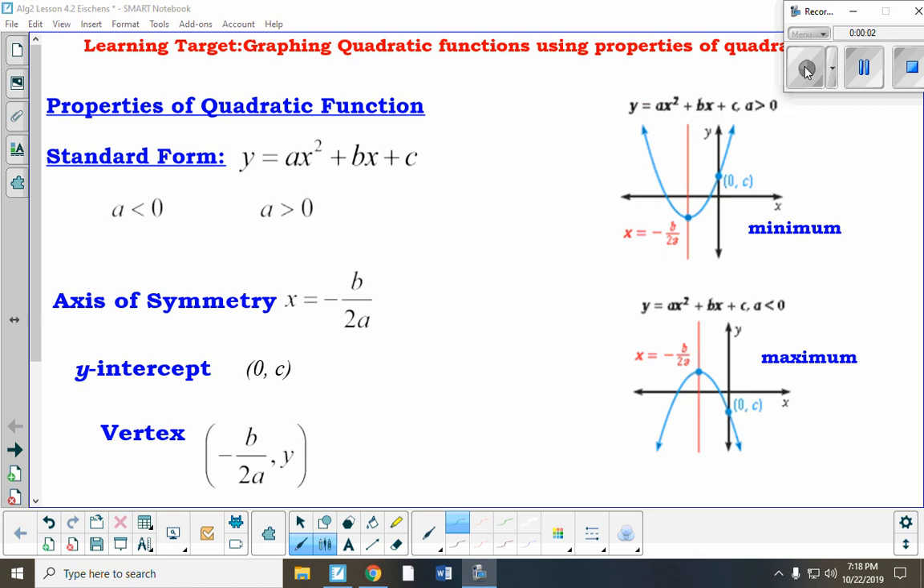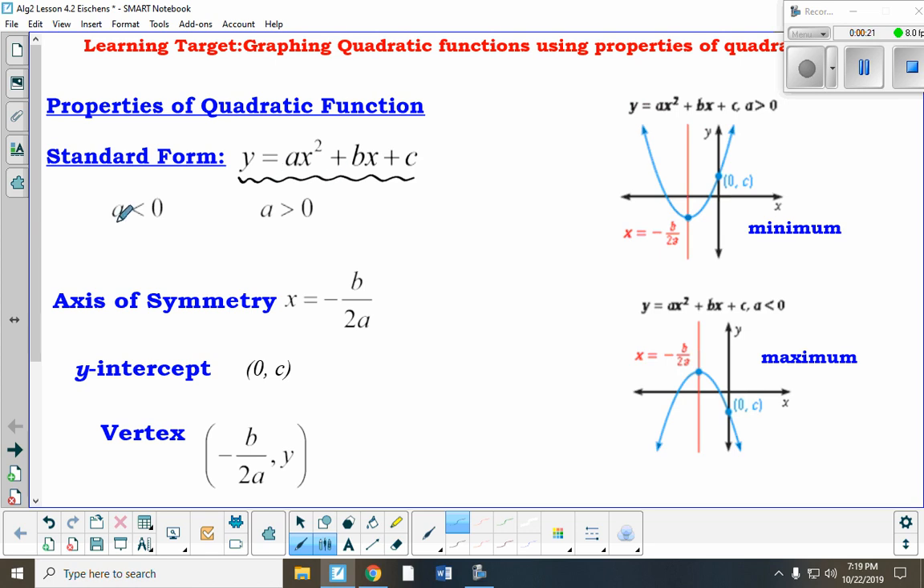In this recording, we're going to talk about how to graph quadratic functions that are in standard form, and also how to convert equations that are in standard form to vertex form of quadratic functions. So first of all, let's talk about some of the properties of quadratic functions that will help us when we